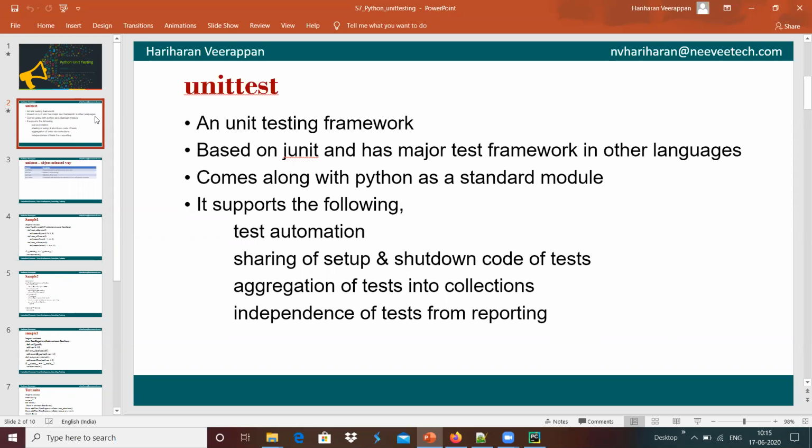And unittest provides independence of testing from reporting features. Basically, we will see that one by one.